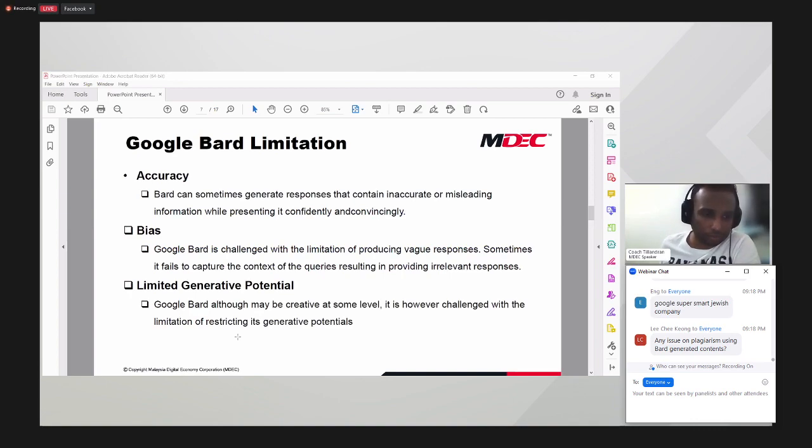When you start doing those kinds of things, it looks much better. Okay, any issues of plagiarism using Bard-generated content? Plagiarism is very subjective. The point I always make, from what I studied during my school or college days, is that plagiarism will come into the picture if you do not reference the information. I repeat, plagiarism comes into the picture if you do not reference where you got the content or the answer.